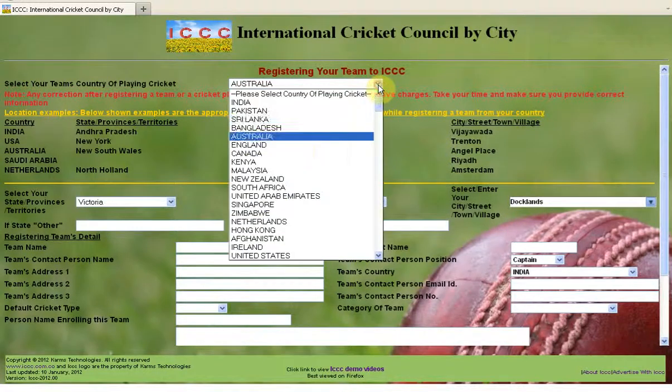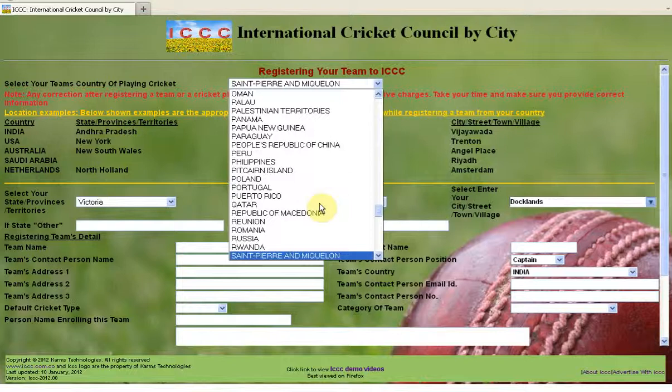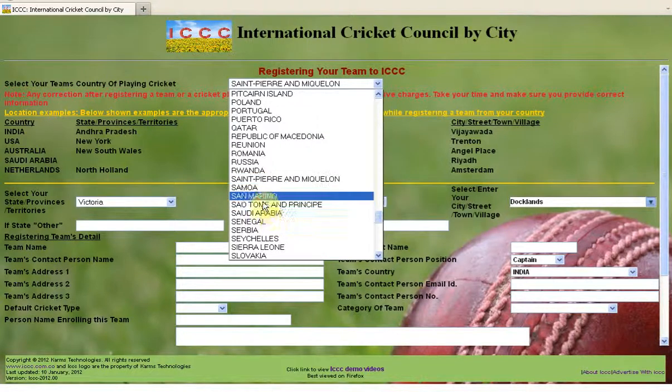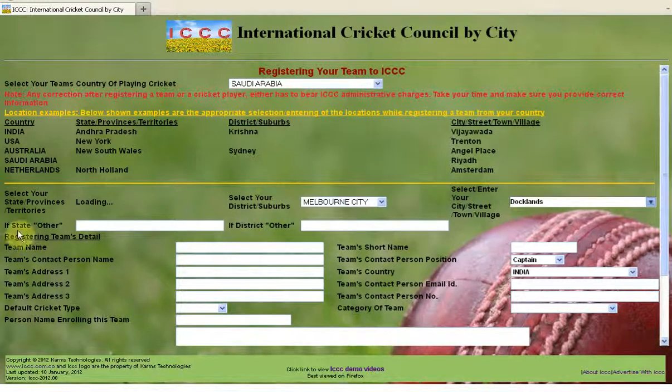At present, say I am here in Saudi Arabia. In this case there is nothing listed. In case I prefer to introduce a province, I can click Others and introduce it directly by typing here.